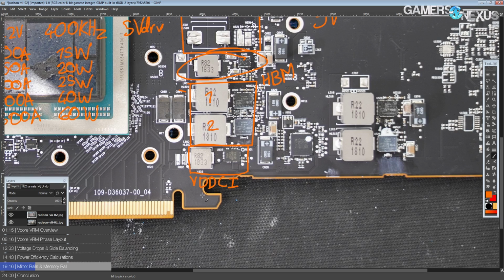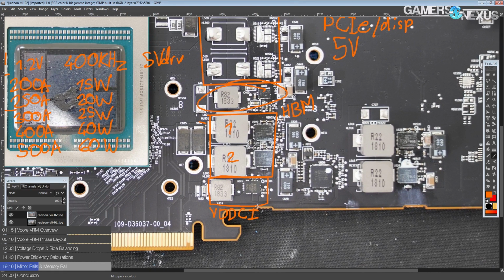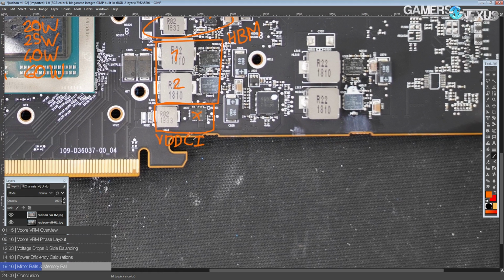In fact, VDDCI used to normally pull more current than the memory itself did. So that's an interesting difference between the older cards and the HBM cards, where now the VDDCI rail is this cute little adorable thing right here, which is a single phase, and that is a